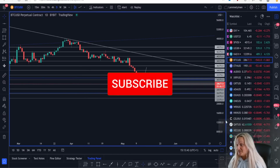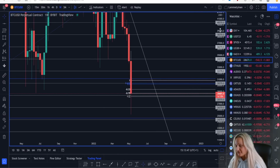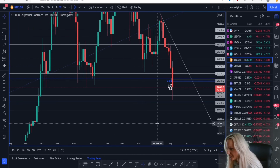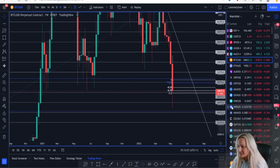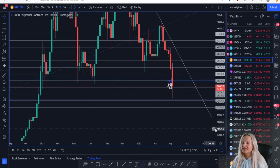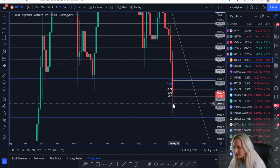So we're looking at the overall picture again on Bitcoin. Looking at the weekly chart, first of all, we will close with a pretty heavy candlestick. If we close below 28,000, let's see exactly what that is, 28,370. If we close above it, we just might see the market push back up to 30,370 again. But if we close below it, I definitely believe that we will continue to have a push to